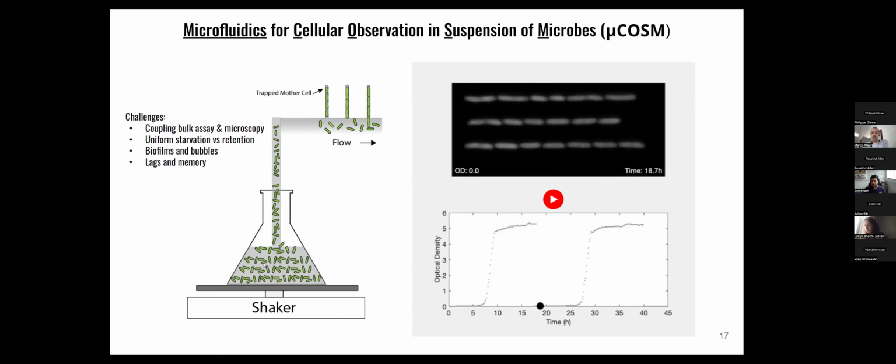Now, while the idea was simple, it was very difficult to implement, because coupling a shaking culture with a system where you're trying to do very high resolution microscopy required us to really separate the vibrational component of the system. We also wanted to make sure that the starvation is uniform in the device. The microfluidics had to be redesigned so that we have enough retention time. Biofilms and bubbles cause a lot of problems because we are shaking the culture. We also wanted to reduce delays from the entire process. We wanted to really study things in the culture, not in the tube, and so on. But we have addressed it now.